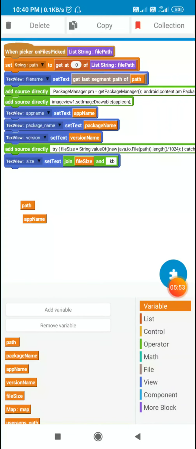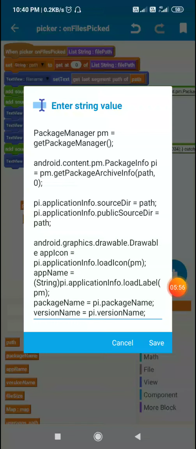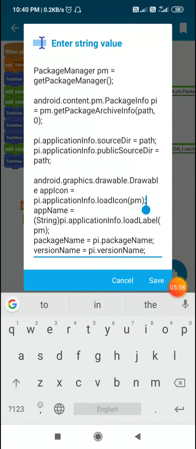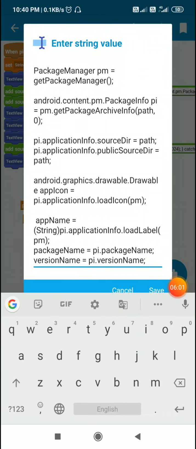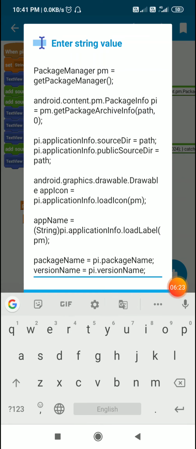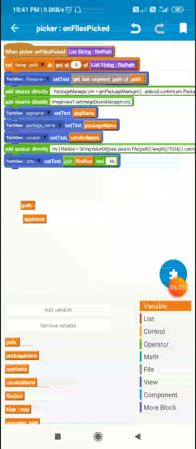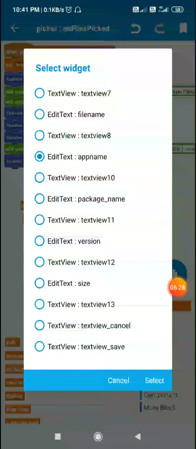This is the string variable app name, and I define it here as app name is equal to string pi.applicationInfo.loadLabel pm. It is similar to loading the app icon, which is pi.applicationInfo.loadIcon pm, and this one is pi.applicationInfo.loadLabel pm. This is app name, and after that I display this app name in this edit text app name.